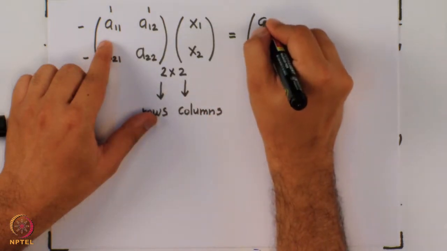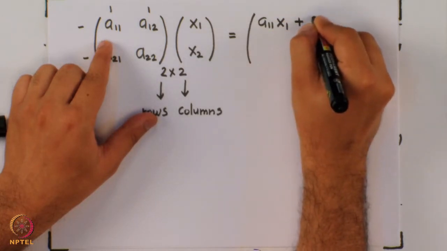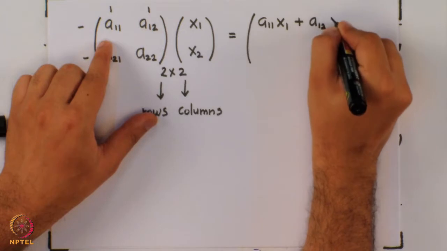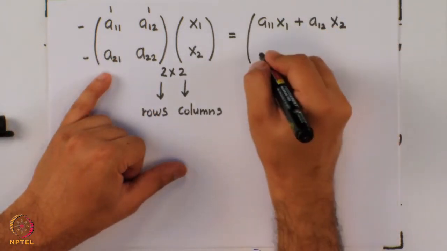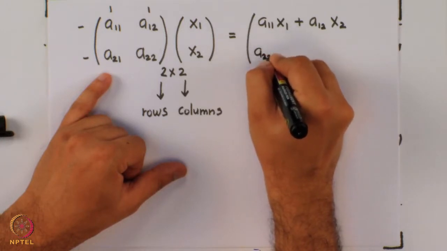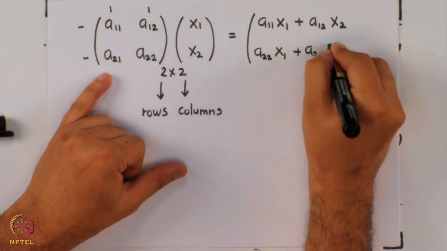So this is A11 times x1 plus A12 times x2, and the second element is given by A21 times x1 plus A22 times x2,